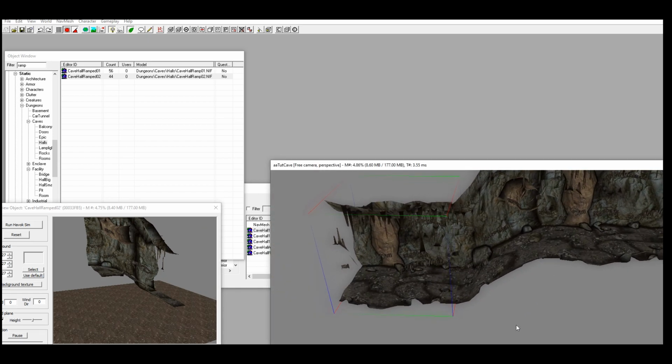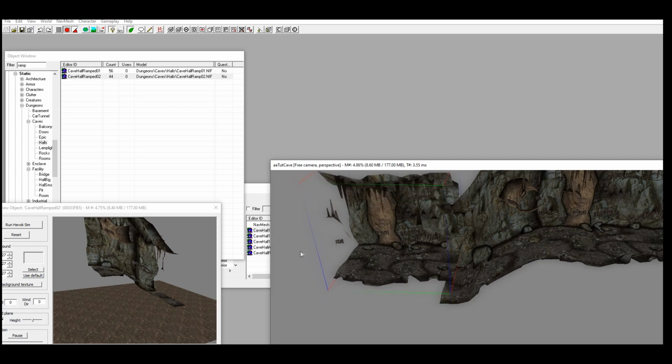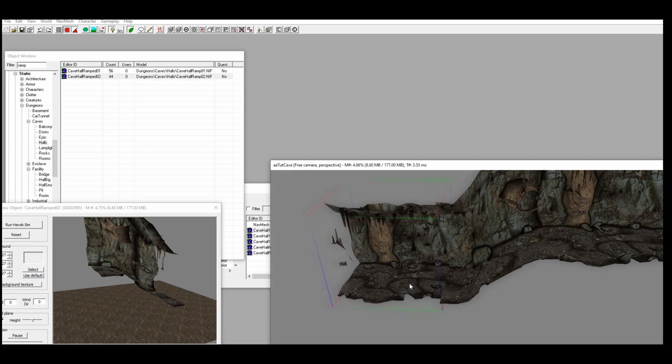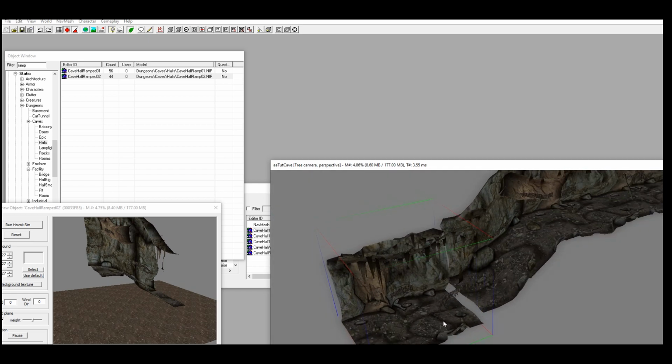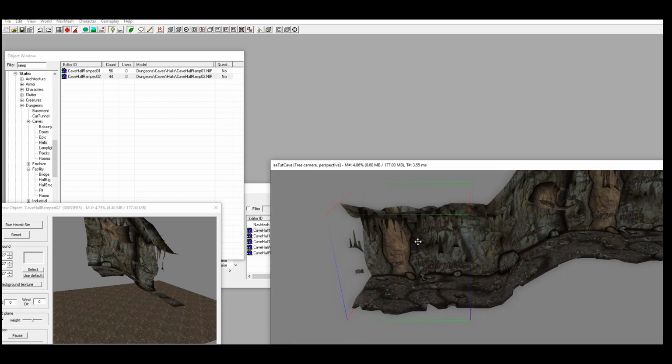And we'll drop this in just because I don't like to have doors right at the end of the ramp. For some reason this thing keeps moving along the Z-axis even though I'm not holding down Z. Alright, so that's in. Now the next thing that we want to do is